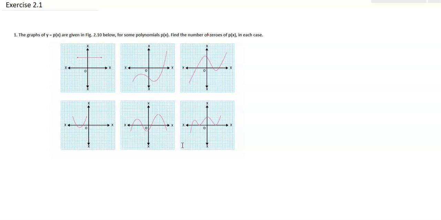Today we are going to do the exercise part of the polynomial. Let's begin with the first exercise 2.1 of NCERT. Here in the first question,